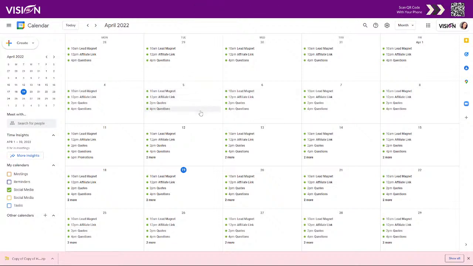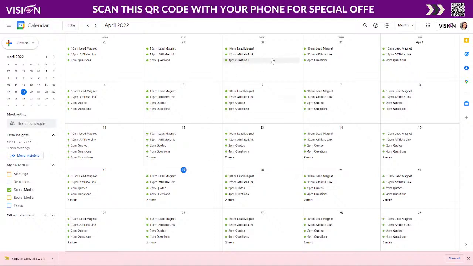Now, there are ways that you can set it up manually and do it once a month, but it still takes a lot of time. So I'm going to show you how you can schedule it to your personal profile tomorrow. I'm also going to show you how you can schedule it just one time a month to all of your social media channels. But I'm going to show you my favorite way, which is also how you can schedule this one time and have it be an evergreen system where it just constantly posts for you over and over again,